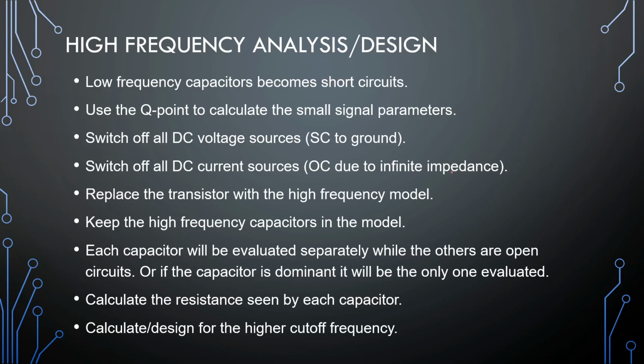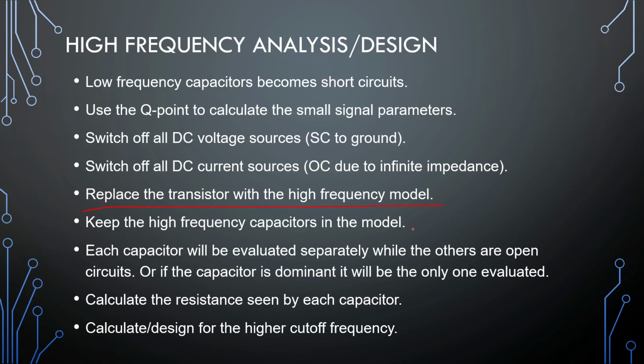All the circuits of today, or the two circuits of today, will have current sources in them. It's just easier rather than going the whole biasing route. Just make simple examples. And after that, we replace the transistor with a high frequency model. That's a very complicated model that we did in a different video. Then we keep all the high frequency capacitors in the model,